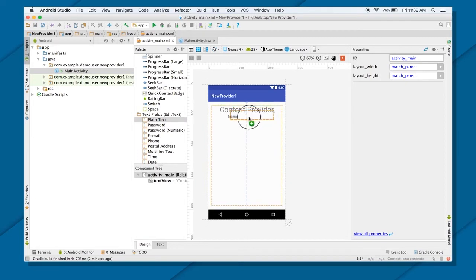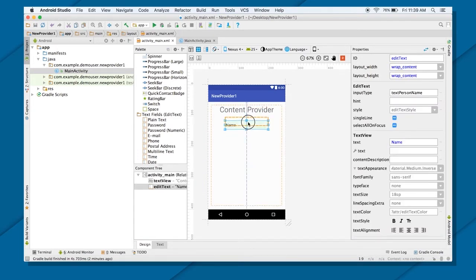So again, I'm going to drag and drop a plain text. Let me put it a little bit up and make it edit 1. I don't want any text, but I want a hint, let's say, enter employee name.